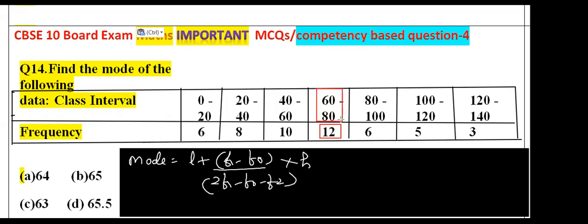is the modal class, 60 to 80. So the lower limit of the modal class is 60. So in place of L we put 60. The lower limit of the modal class is 60, f1 is 12 and look here, f0 is 10 and f2 is 6. So that is, we have to write here, f0 is 10